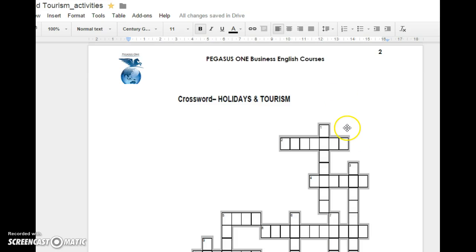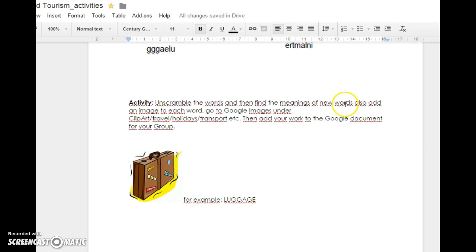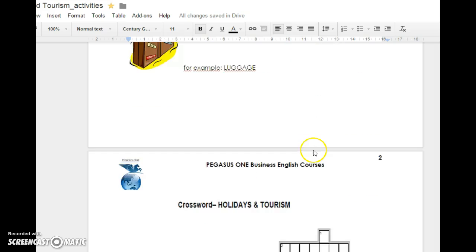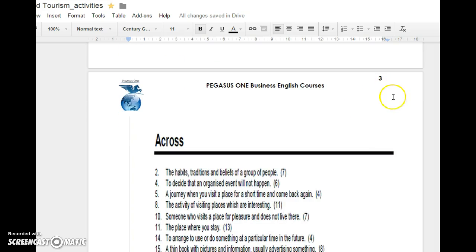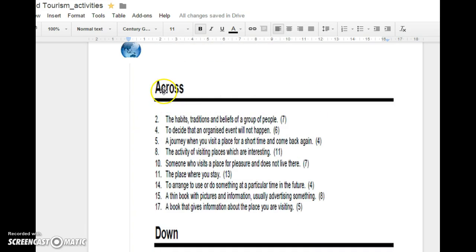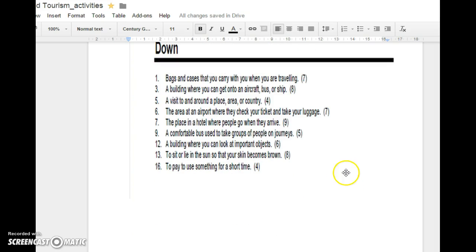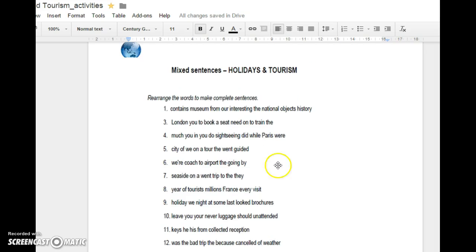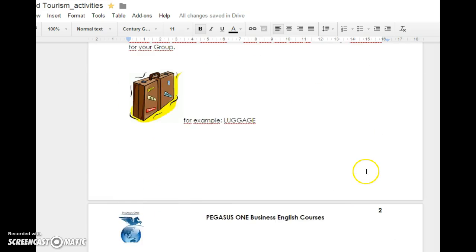Straight after we unscrambled the words, we did the crossword on holidays and tourism. All the words that we unscrambled here, we actually used in the crossword. We had the clues on page 3, and the clues for across and down gave us some great phrases. Now, most of these phrases were in the mixed sentences down here, where we had to rearrange the words to make complete sentences, and we did that all within the 1 hour class, and we had a lot of fun talking about holidays, etc. Then we